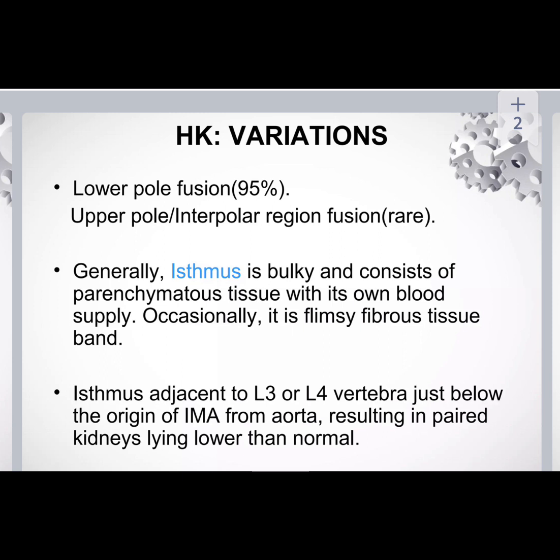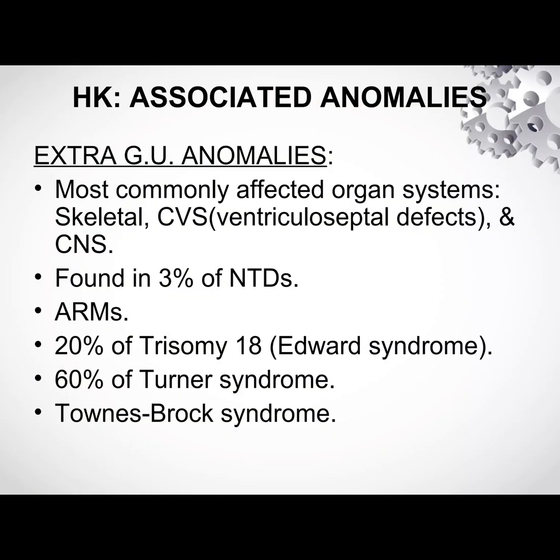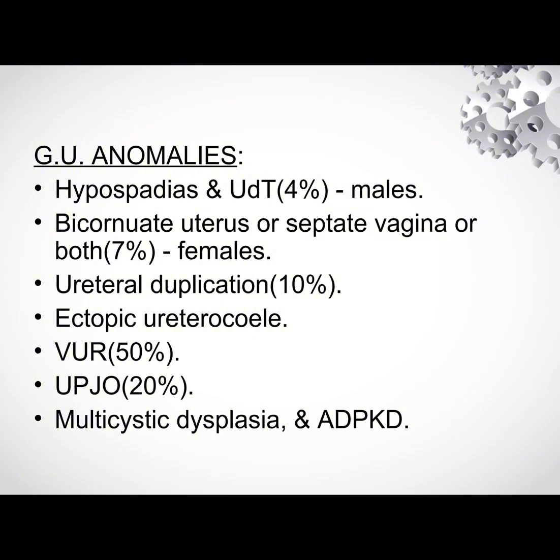And it's also important to mention its association with other anomalies. The extragenitourinary anomalies include, most commonly affected organ, the skeletal system, versus CNS and CVS, and it is found in 3% of all neural tube defects, and in anorectal malformation patients, 20% of trisomy 18, which is called Edward syndrome, and in 60% of patients of Turner syndrome. So that is the association with this extra